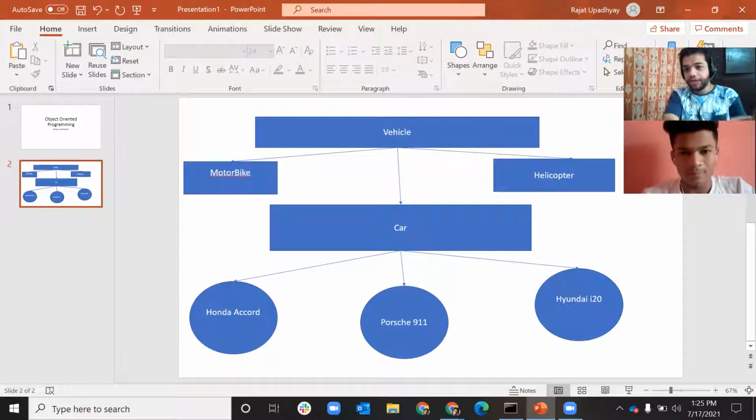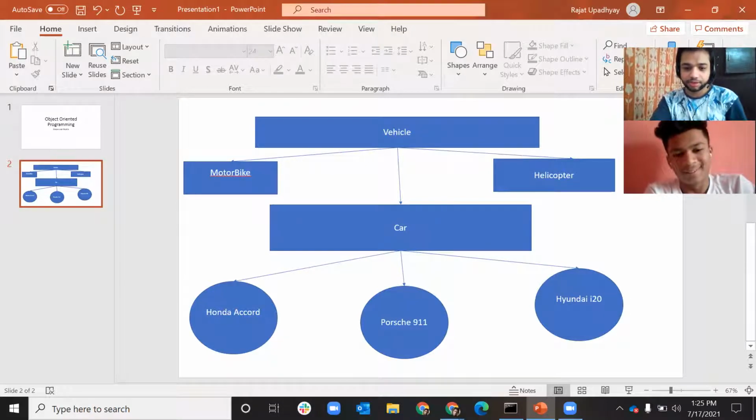Similarly, Hyundai i20 can define its own properties. That model name is i20, company name is Hyundai, and maximum speed is, let's say, 140 kilometers per hour. Porsche 911 can define its own properties. It can say that the company is Porsche, the model is 911, and the maximum speed is, God knows what.